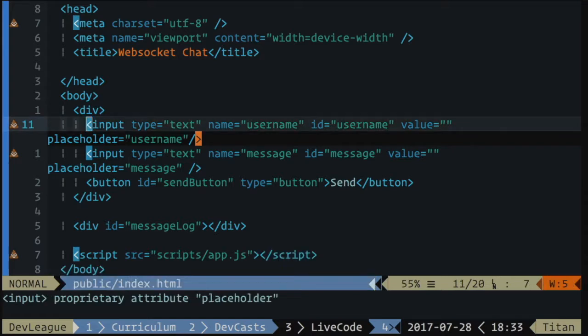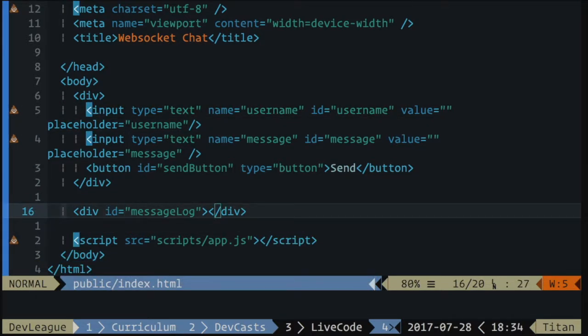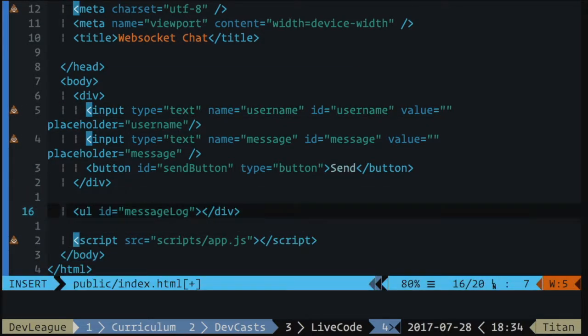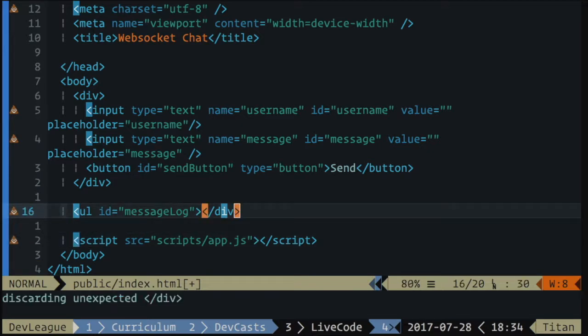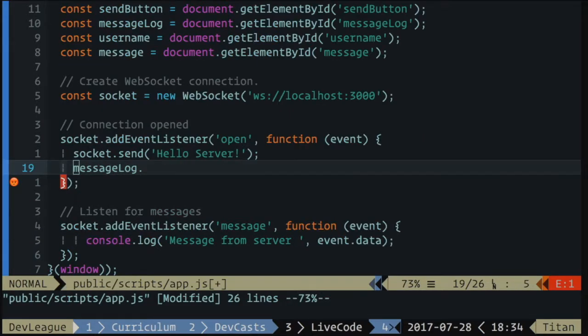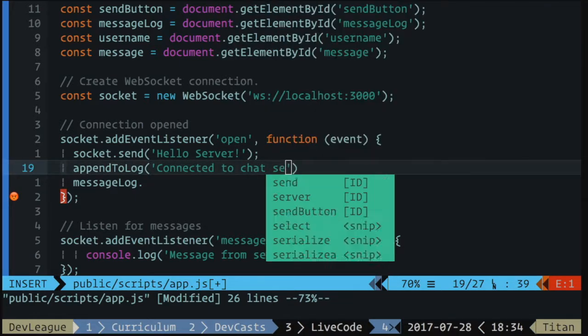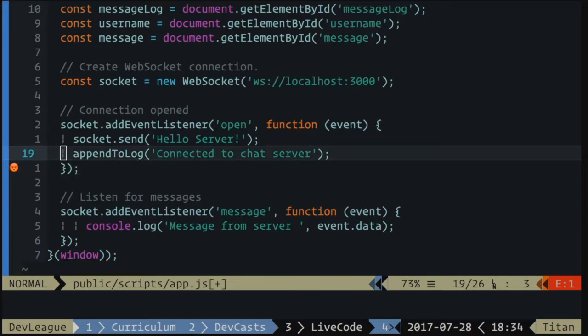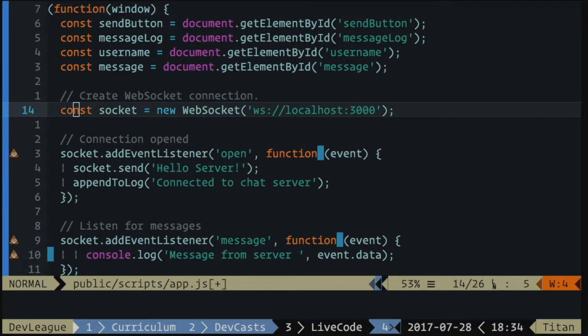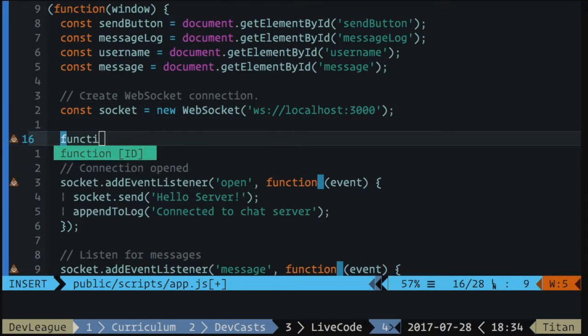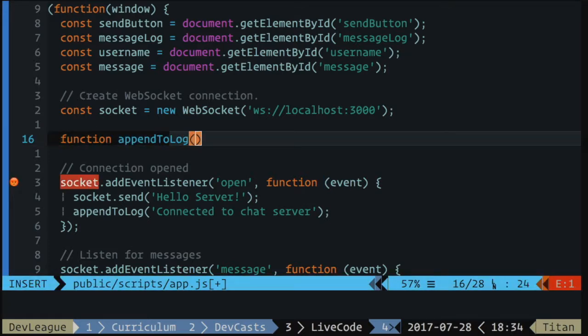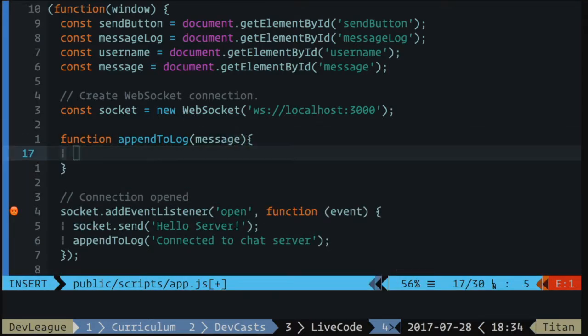I guess I want to go a little bit elegant, maybe. So I'll make this message log a UL. How about that? And then it's just a bunch of li messages. So I'll say append to log, connected to chat server. All right, so I'm going to abstract away the append to log function. Append to log function with a message, and this says